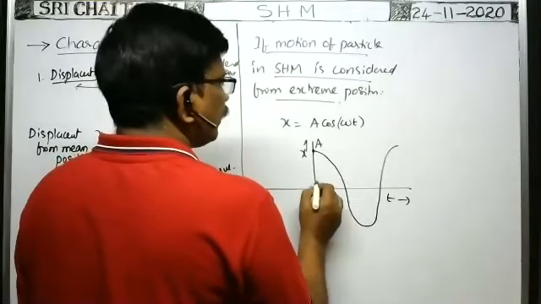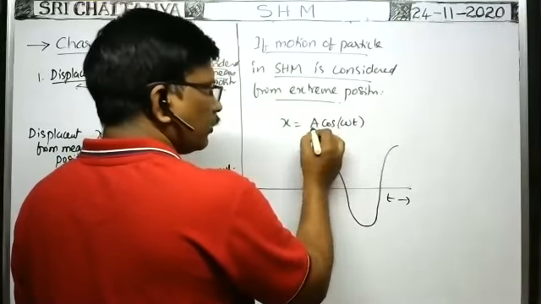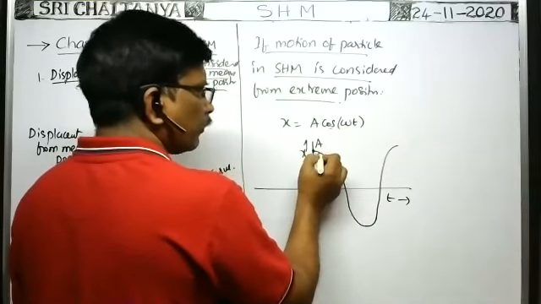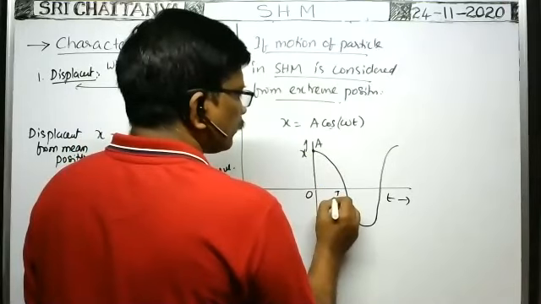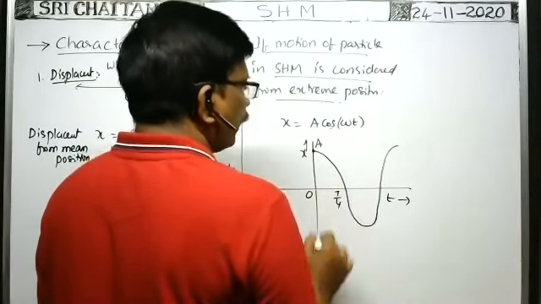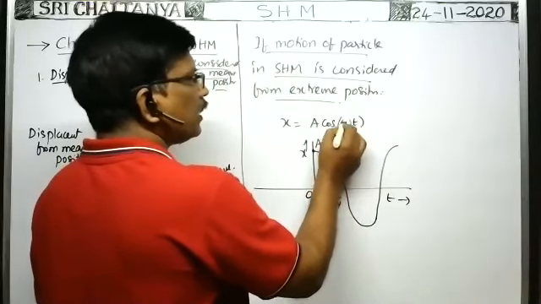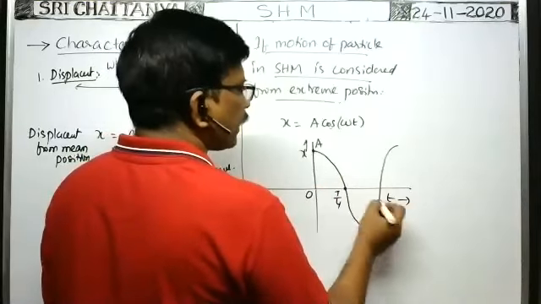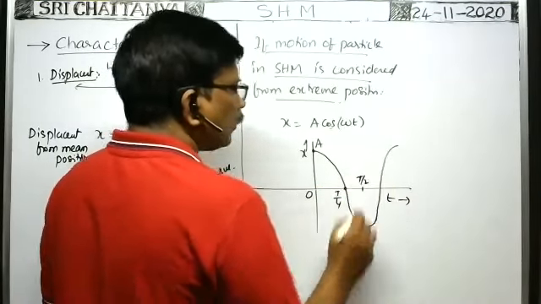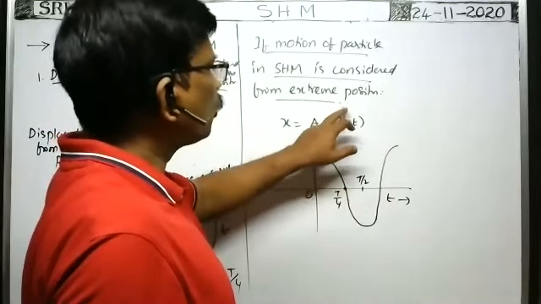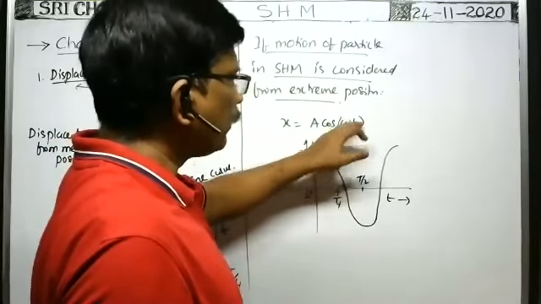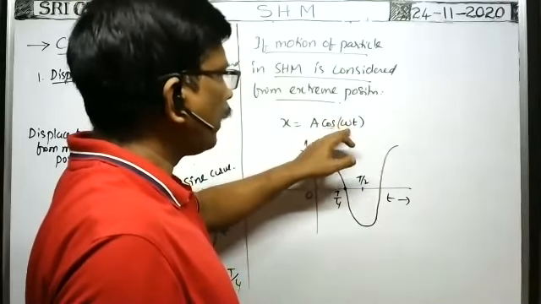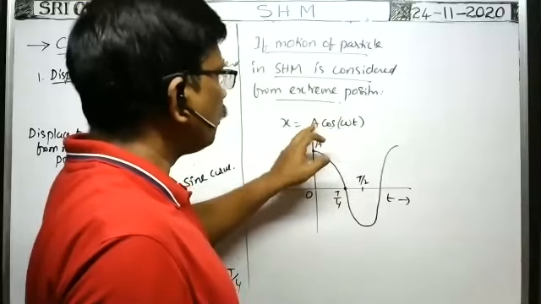So exactly at t is equal to 0, displacement x is maximum, because when you put t is equal to 0, the cos value becomes maximum, so x is maximum. At t is equal to T by 4, after 1/4 of the time period, it becomes 90 degrees. Cos 90 is 0. That's why I got 0 here. Next, after T by 4 more seconds, that means T by 2. After T by 2 seconds, ω means 2π by capital T, small t means T by 2. Then 2π by T into T by 2 gives you π, cos π is minus 1. Minus 1 into a is minus a.